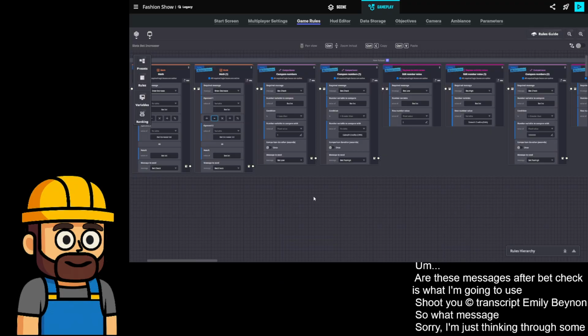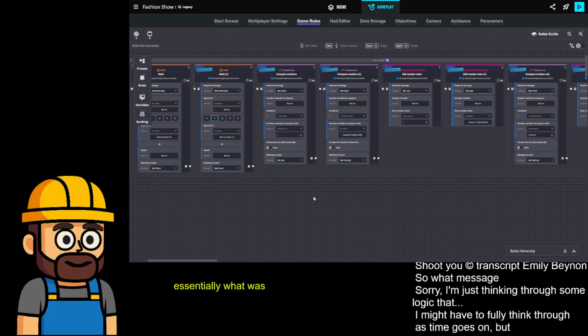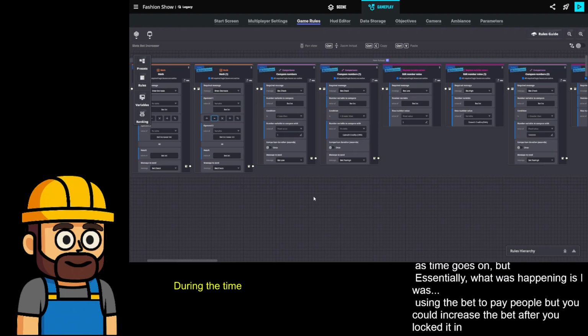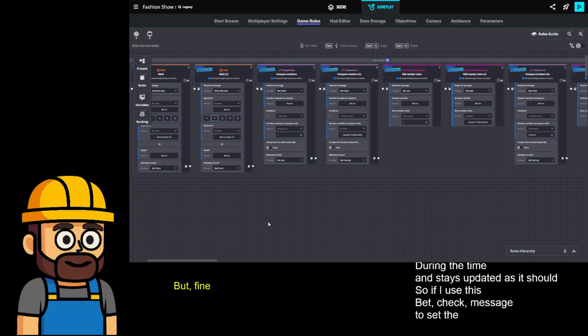I might have to fully think through as time goes on, but essentially what was happening is I was using the bet to pay people, but you could increase the bet after you locked it in. So I need to create a variable that holds on to what the bet is during the time and stays updated as it should. So if I use this bet check message to set the bet final to the bet integer,